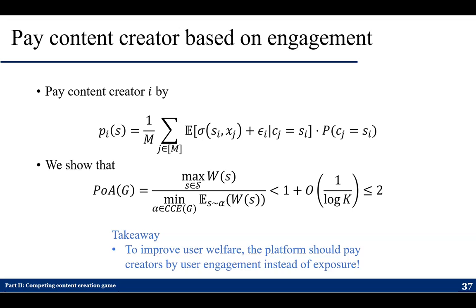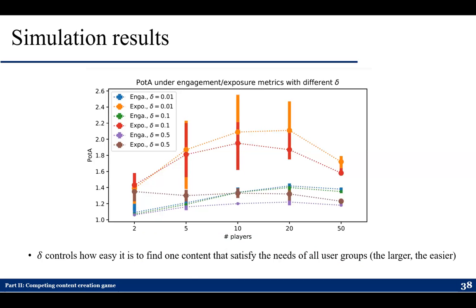Here, what we say is that if the platform pays the content creator based on engagement, based on the quality of these contents, then we can prove the social welfare in this case can be upper bounded by 2, meaning the final social welfare that the content providers converge to will not be so far away from the optimal social welfare possible. And in simulation results,